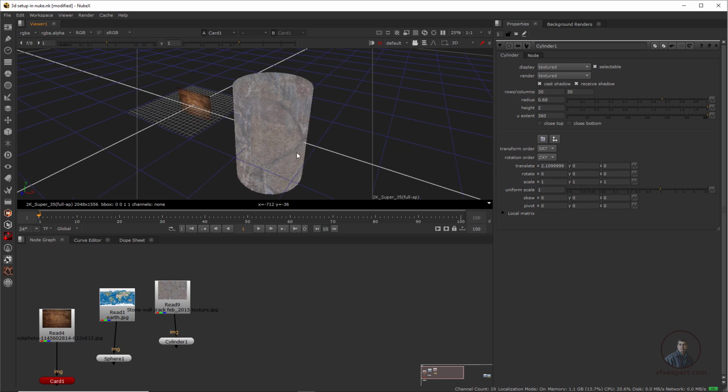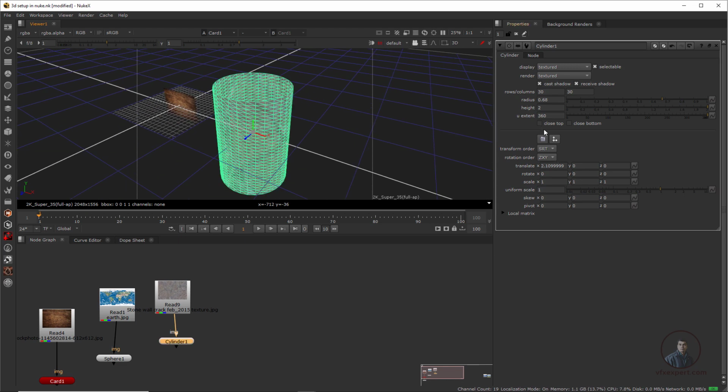Even here with your cylinder, if you will see, we are also getting these two options, which is a closed top. So on top if you want, you can simply close it here. Even from bottom you can also close. So these options actually depend on which geometry you have created here. According to those geometry, this will display options here.